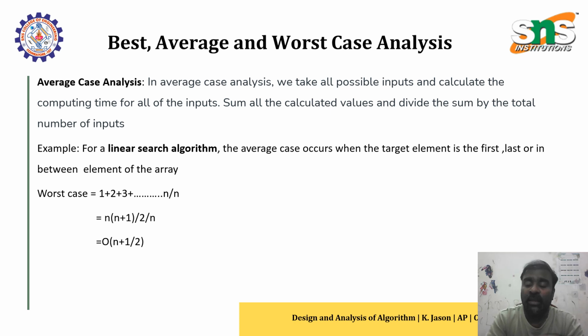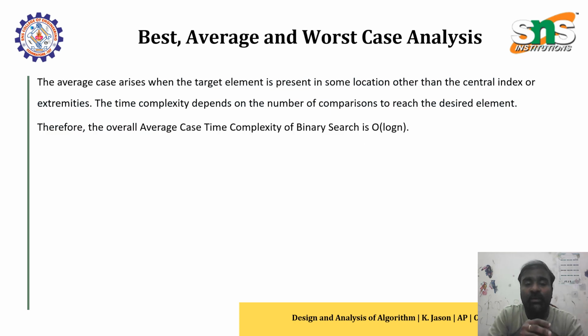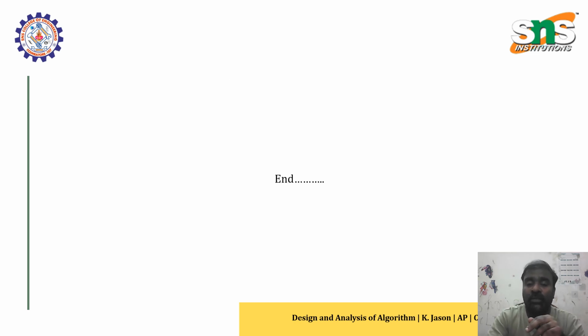So next we move to another example, binary search. The average case arises when the target element is present in some location other than the central index or extremes. The time complexity depends on the number of comparisons to reach the desired element. Therefore, the overall average case time complexity of binary search is big O of log n. So students are well aware of